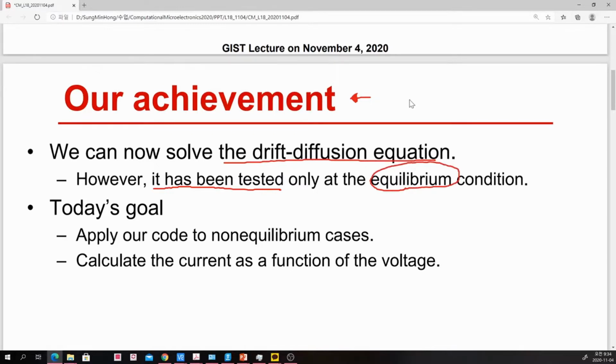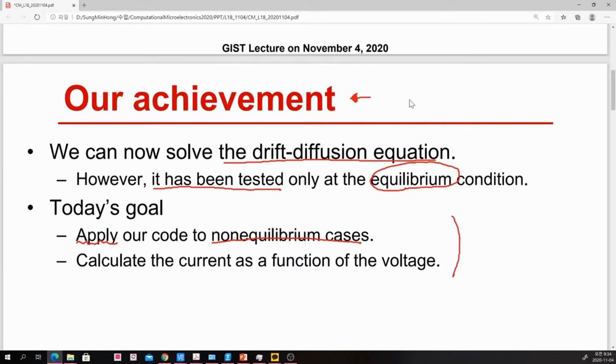So now we have a sufficiently capable tool to tackle non-equilibrium problems. So today's goal is to apply our code to non-equilibrium cases, and the reason why we are solving this equation,